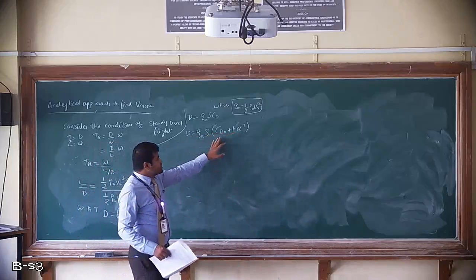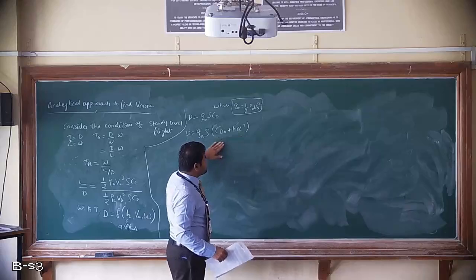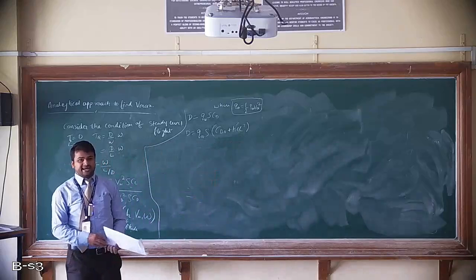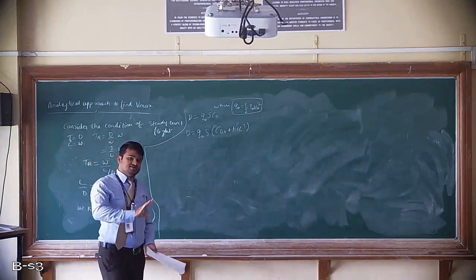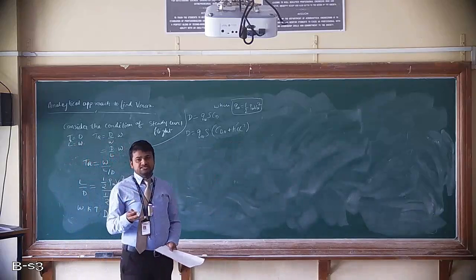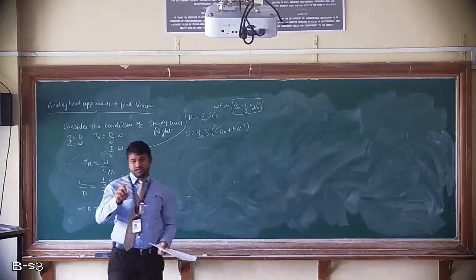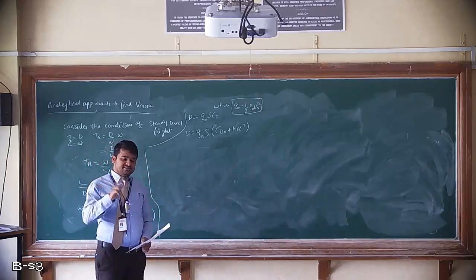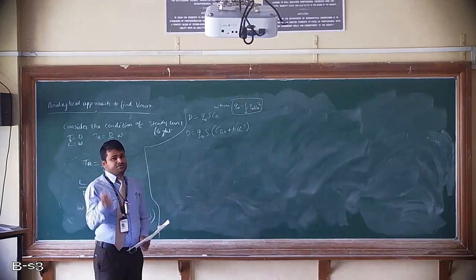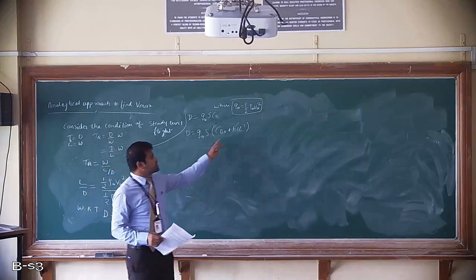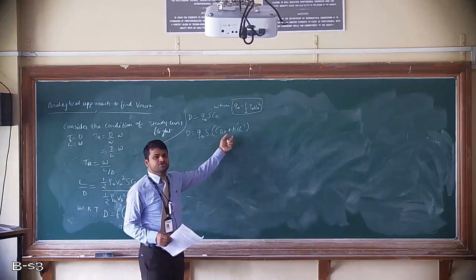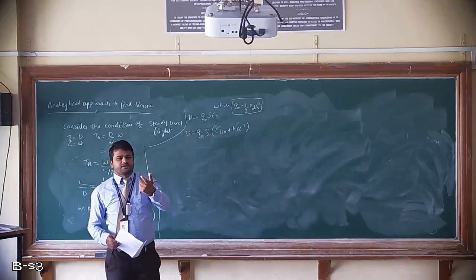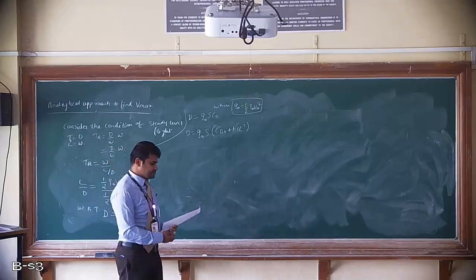Now, this expression is obtained from the drag polar concept. In the drag polar concept, two things will come, as I said, parasite and induced, and one more will come, that is wave drag. So finally we can consider them as parasite drag and induced drag. From the drag polar concept we have taken this. This is nothing but the total drag. We have divided that into two different groups, parasite and induced.